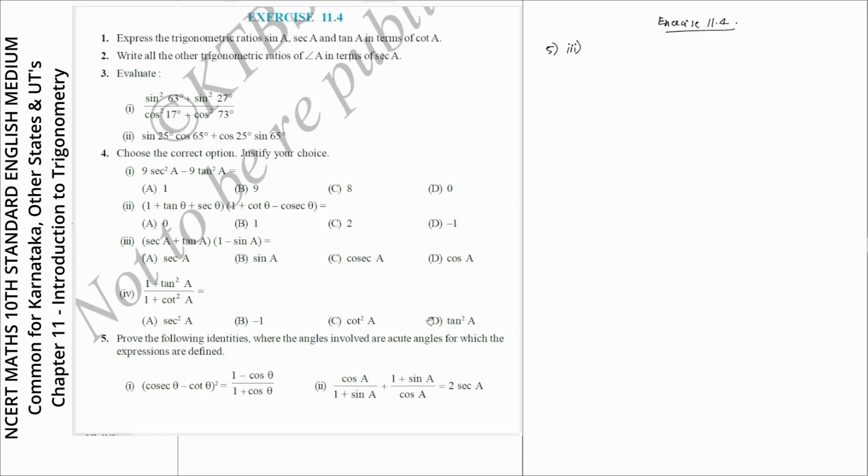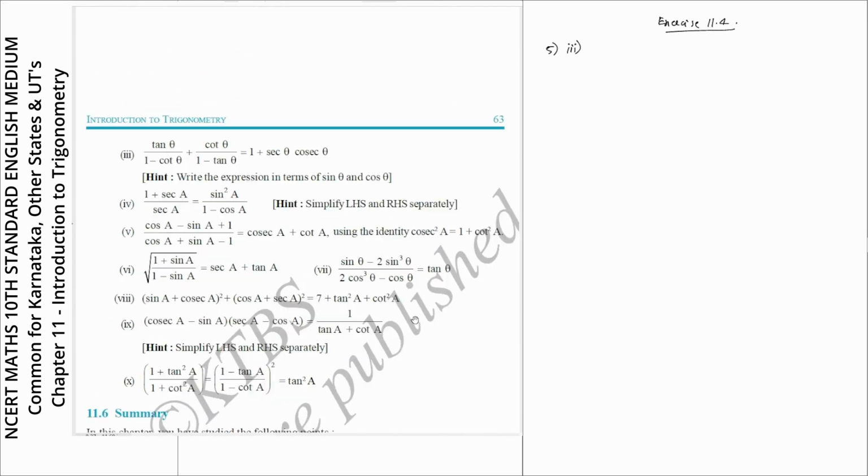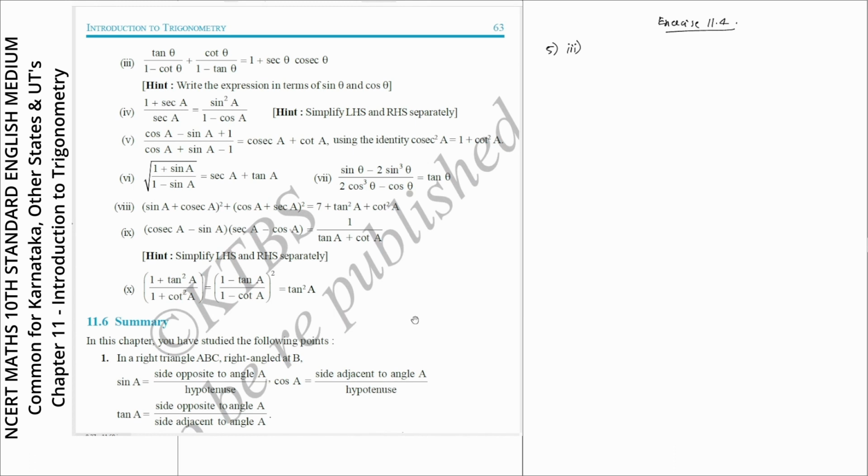Exercise 11.4, question number 5, sub question 3. Prove that tan theta by 1 minus cot theta plus cot theta by 1 minus tan theta is equal to 1 plus secant theta into cosecant theta. So they have given the hint also, write the expression in terms of sin theta and cos theta. So I'll start with left hand side. So tan theta, I'll write sin theta by cos theta